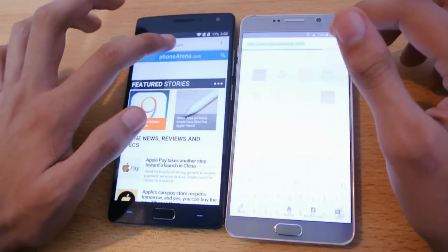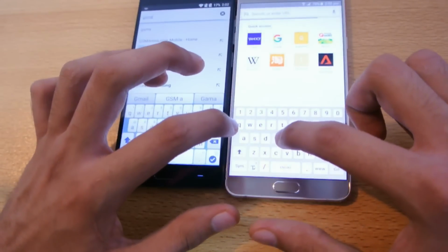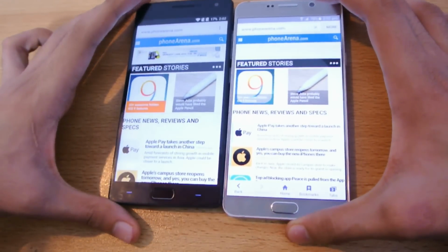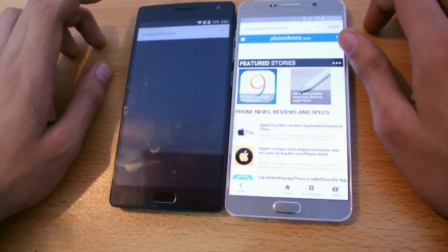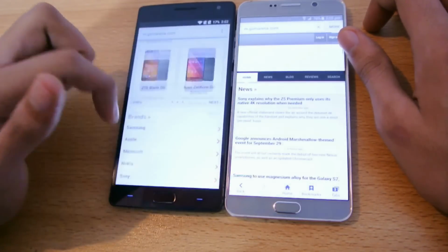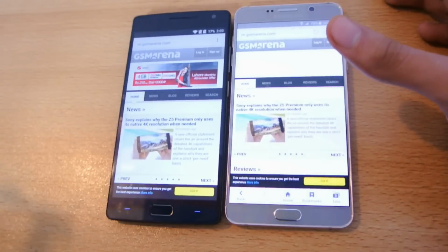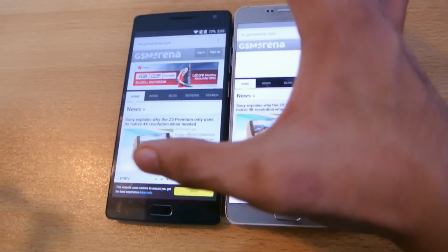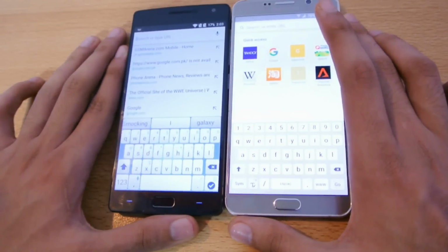So we will open up GSM Arena, gsmarena.com. So here we go. Let's see. Okay. OnePlus 2 wins. OnePlus 2 again, faster. And I mean, yeah, browser wise you can see there's a difference, but of course this is maybe because of my Wi-Fi connection, but yeah, it is a speed test, and on my Wi-Fi connection currently OnePlus 2 is giving us a little bit better speed, but we'll just open up a last website, which is gonna be, let's see,